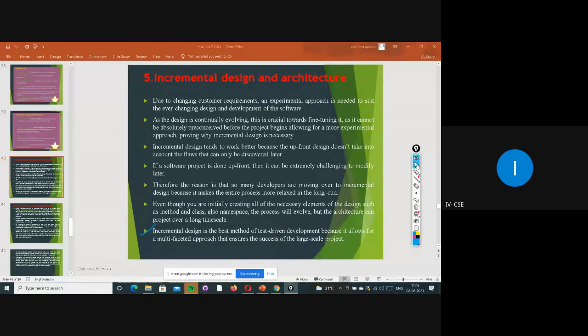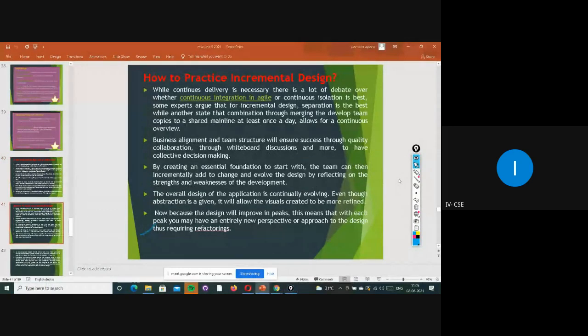And incremental design is mainly about continuous integration. It will be useful in business alignment and team structures.